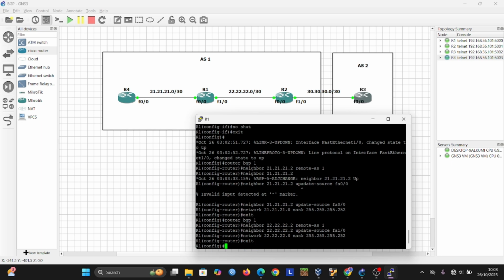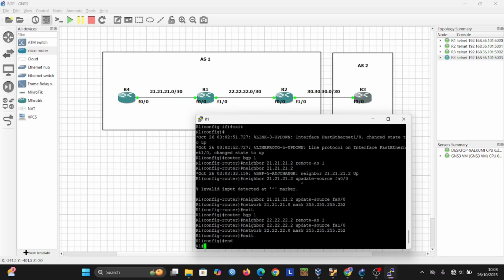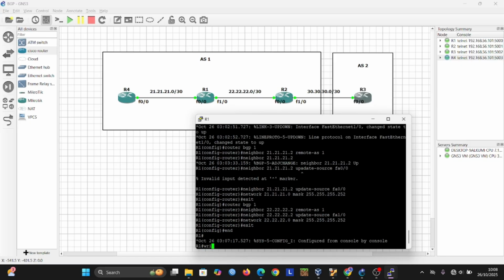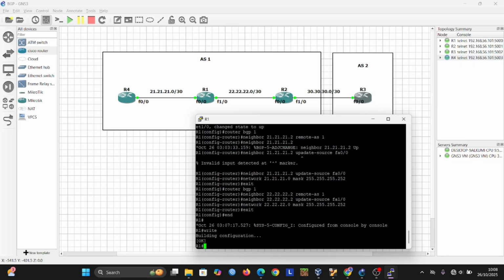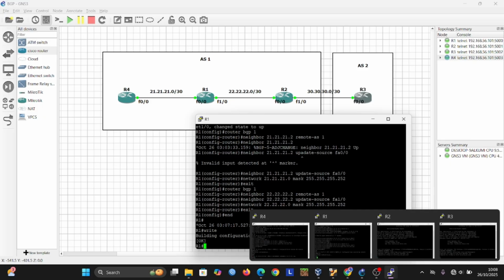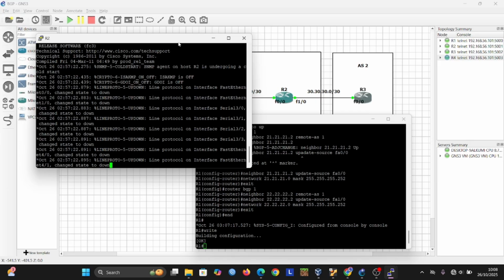The configuration is complete, we enter end, and we wait to set the config. Okay, we enter router 2.